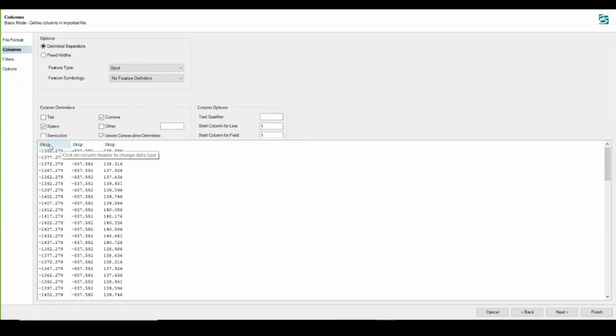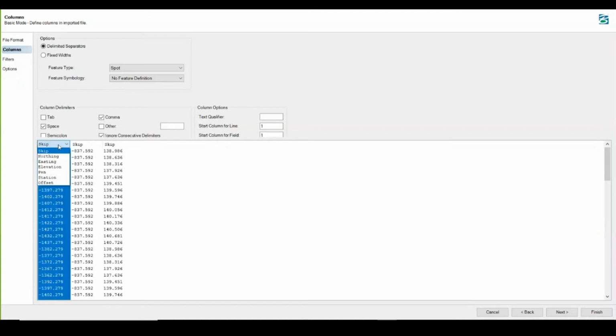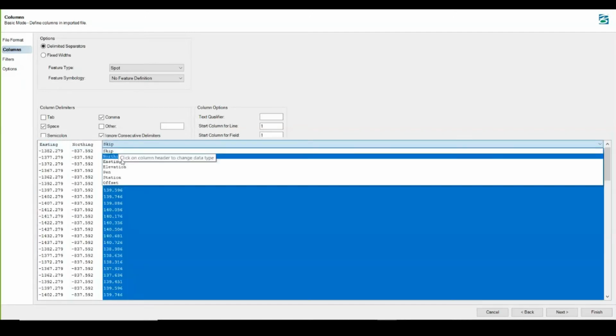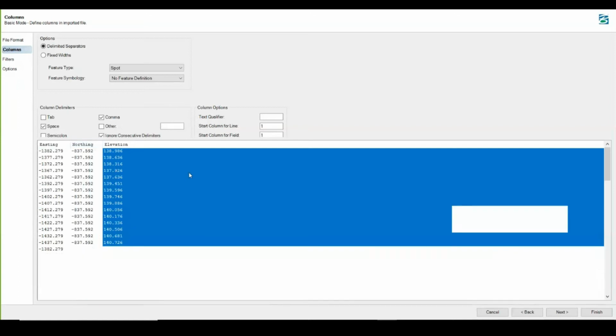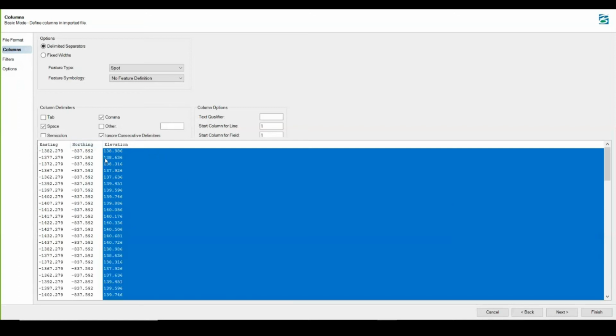So there are three columns, and I need to map them from the top. If I click, I have certain options, like I can assign it to be northing, easting, or elevation. So let me assign easting, then northing, then elevation. Right here in this CSV file, I had only three values, but there may be a possibility that you have a first column for serial number, then station names, then so on, so multiple possibilities can be there.